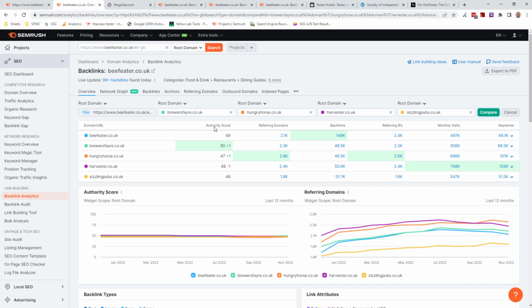Quite often it is useful to filter by authority score when you're looking at referring domains and which ones are good and which ones are bad. But if you're not careful, you will cut off something that is good just because it has this low authority score, which, as I said, is SEMrush's own metric and doesn't necessarily mean anything at all to Google. So there's some of the key bits of terminology of SEMrush and the ones that I would look out for, and the ones that I would trust in more. Okay.